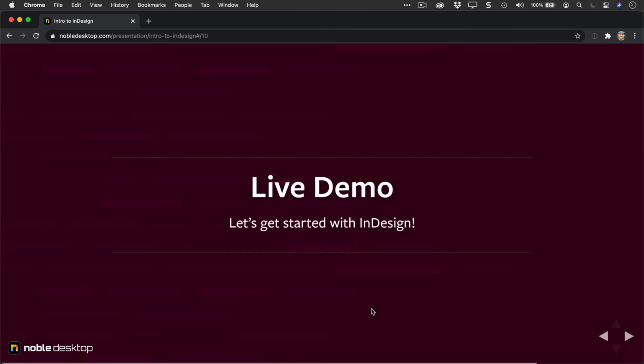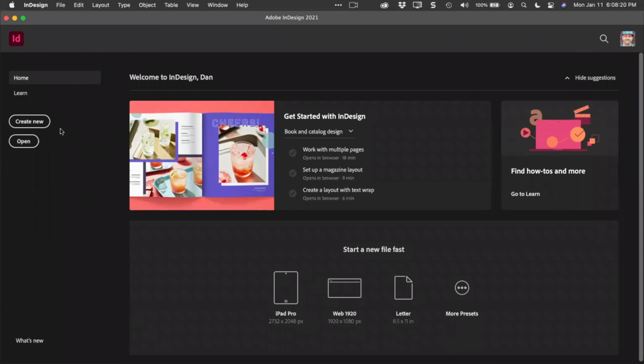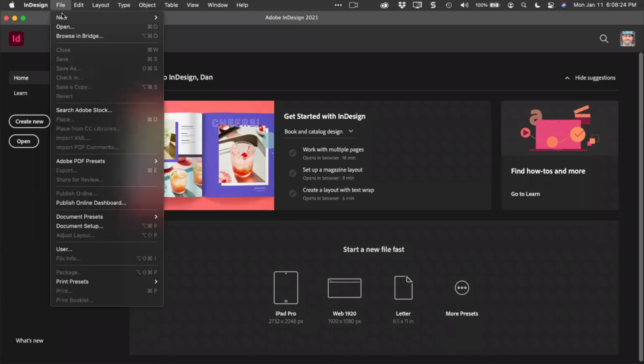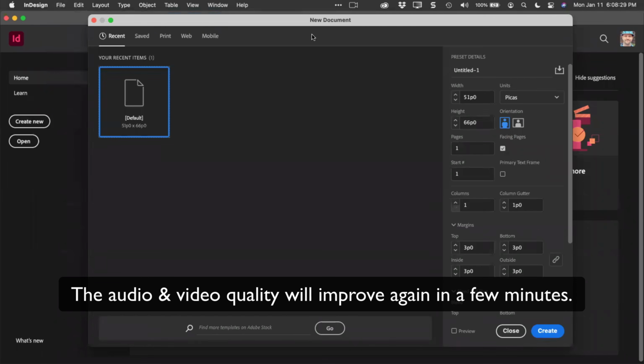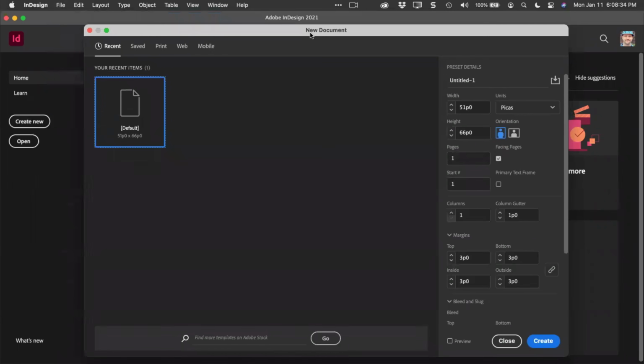All right, so let's take a look at InDesign and get started using it. In the app here, I can create a new document by clicking Create New or File New, and I'm going to create a new document this way. I should mention that I'm using InDesign 2021 here, but these fundamental things that we're going to be showing tonight